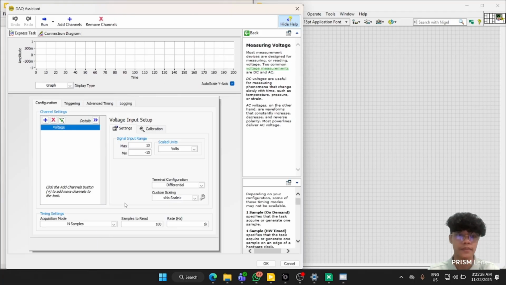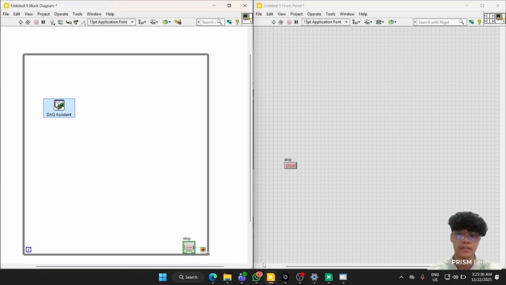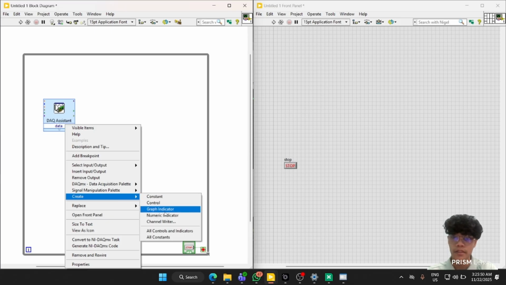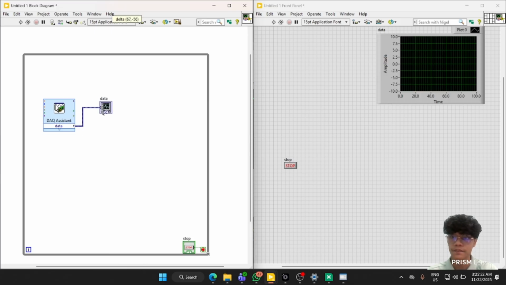So it is very simple. What we're going to do is set the timing setting to Continuous Samples and click OK. Just wait for it to build the VI. All right, there it is. And first, what we're going to do is create a graph indicator. So we have a graph right here